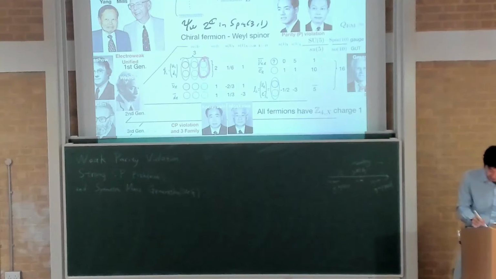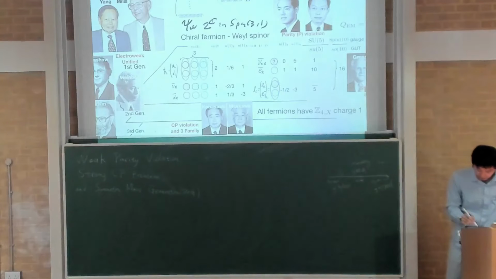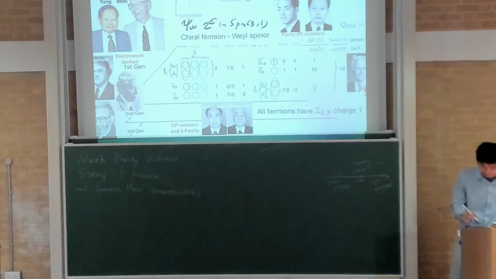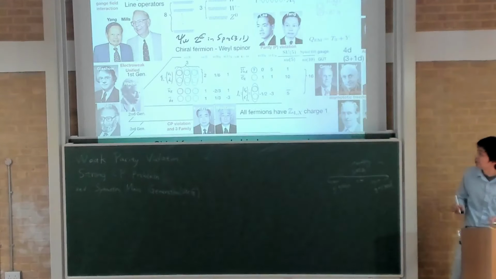But the main point is that even though for the SU(3) color you see they are pretty symmetric for the left and right, the doublet is not. So actually for SU(2), the left-handed bifermion couples to SU(2), such that they are SU(2) doublets, so it's 2-component. But the right-handed one is an SU(2) singlet, which means it transforms trivially. Same thing for the left-handed lepton, which is a pair of neutrino and electron, while the right-handed one does not couple to SU(2) weak. So this is a fact that we will come back to in more detail about the parity violation, because actually the weak interaction SU(2) couples to the left-handed bifermion.